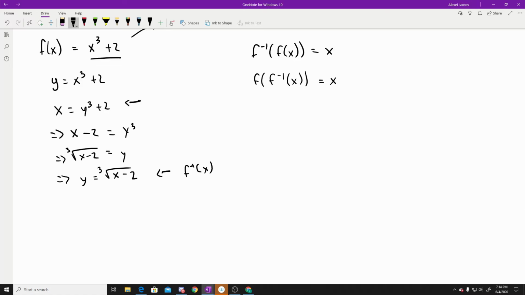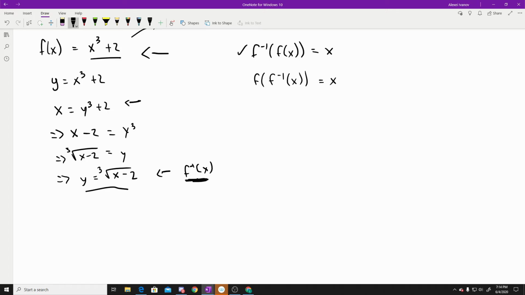We can kind of go on to test this. It won't be a formal proof or anything, but just know that both of these hold. But we can just go on to test this with our example. So we have f of x, it's this, and we have f minus 1 of x, which is this right here. So let's test this